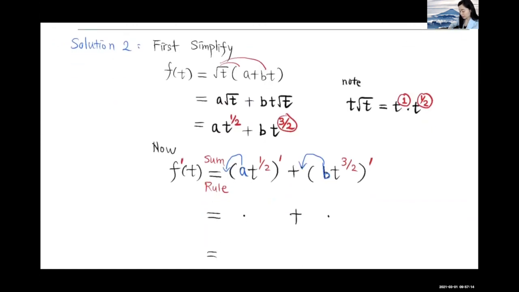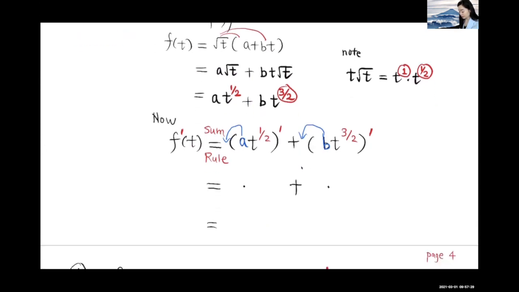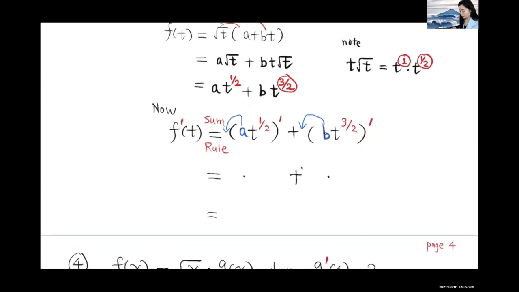Now after I rewrite them using the power form, I'm going to differentiate. Now I don't use the product rule because this is a sum. So I just use the sum rule over here. I'm going to differentiate this and then add the derivative of this. Now differentiate this. Let's see what we get. You see over here, this a is a constant multiple, so we bring it in front. So we have a times